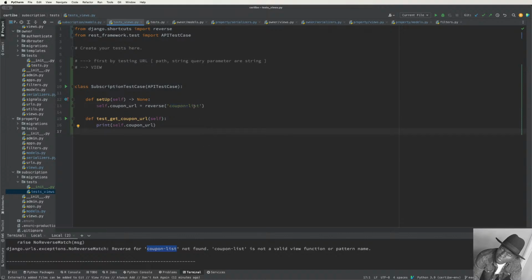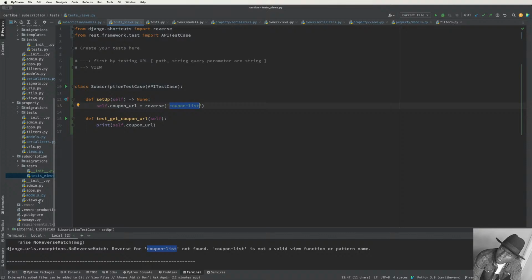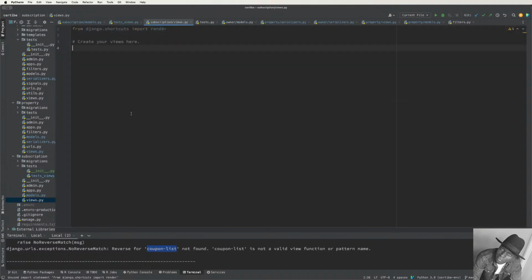That's our first fail. We need to correct this failure. To correct that, we're going to go back to the view, and then we're going to create a class